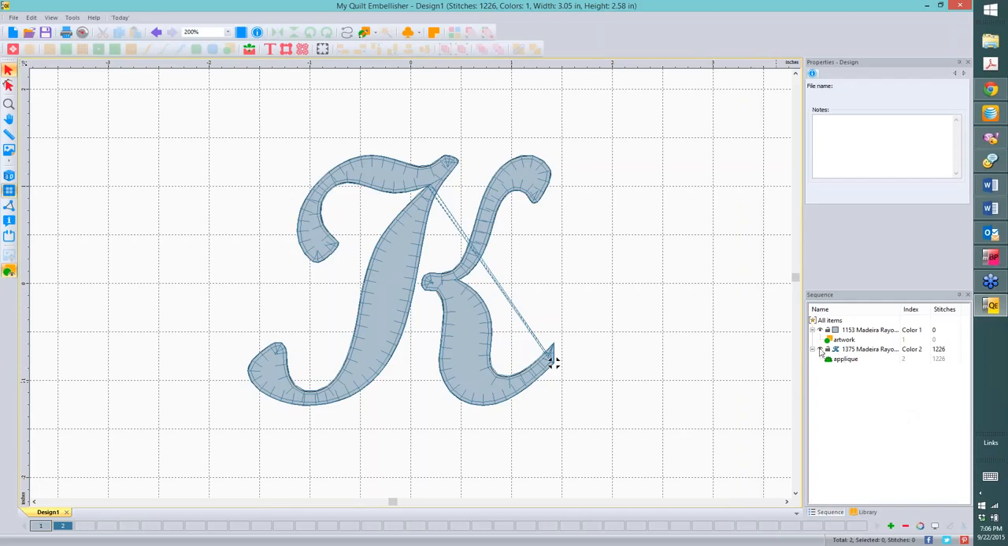So if I turn off my applique, you can see that this design set comes with artwork. So it's already in there for you. You don't have to create it on your own. And a lot of times now,